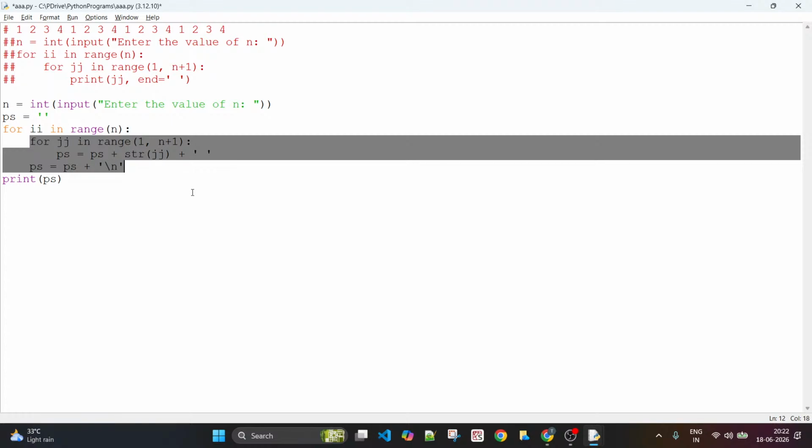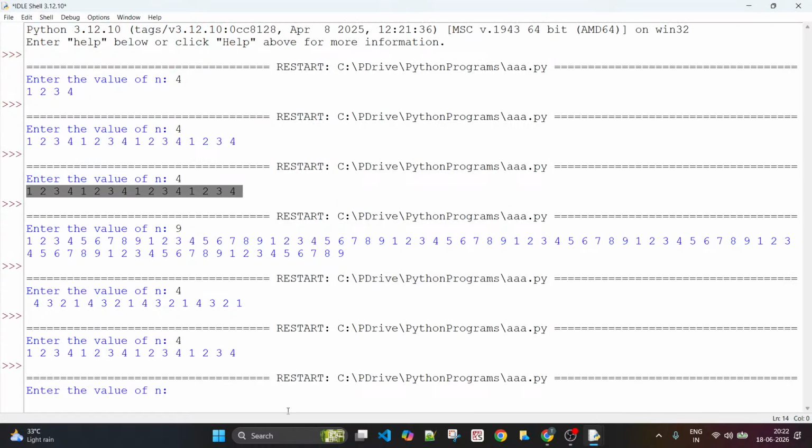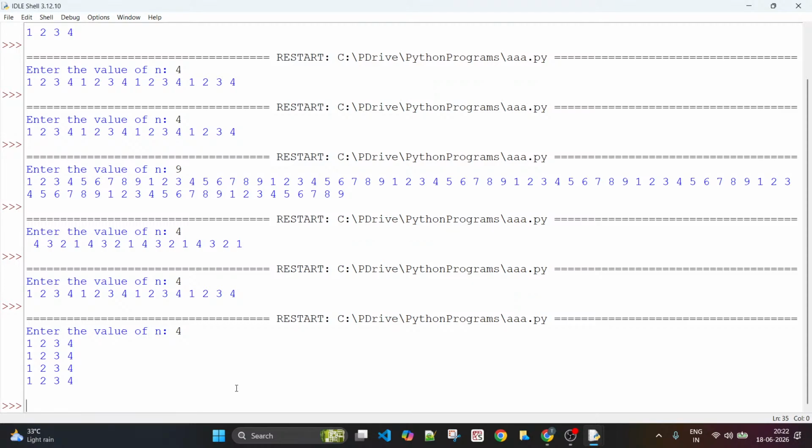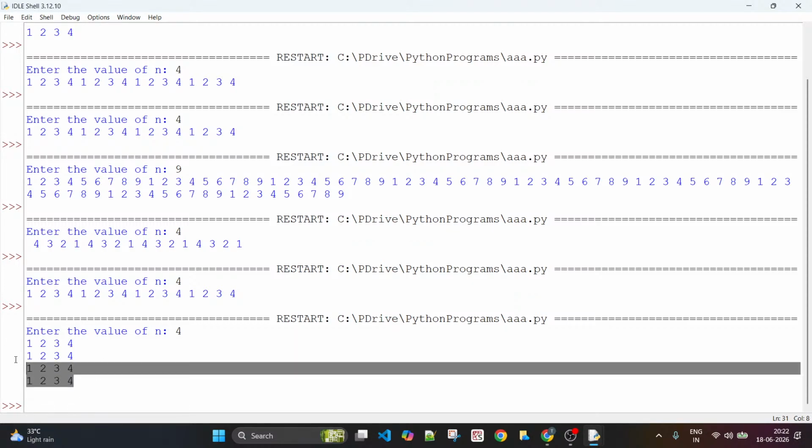4 iterations will go. Each iteration, again, jj will start generating the number starting from 1 up to n. And that's what you keep converting into string and assigning to print string. And once you are done with the inner loop, you make sure you add a new line character to print string, and finally print string only once. Let us try this out quickly. Input is 4 and this is what you see. This is a square formatted output,